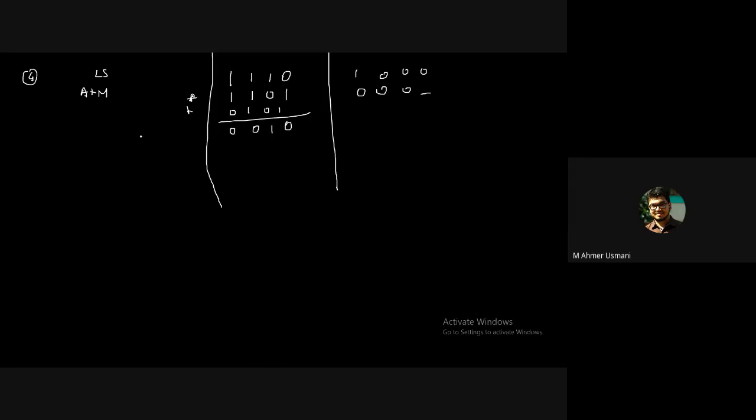You'll get 0. The number is what? Positive. So since the number is positive, it is successful. Since it is successful, no restoration is required. And the quotient bit will be made as 1. So here we get 0, 0, 0. This vacant place will get 1, and this is your final answer. You need to stop over here.